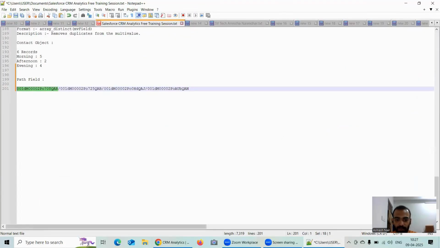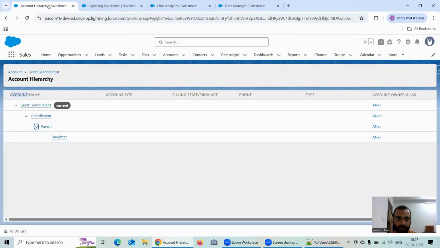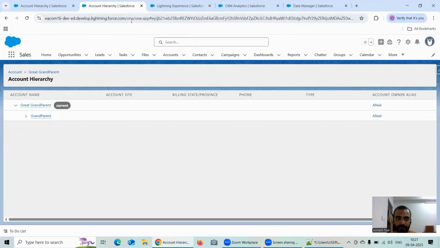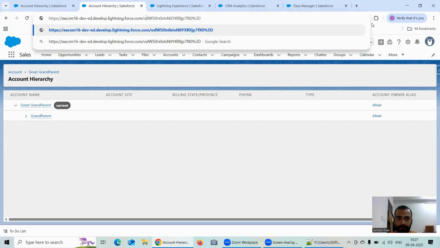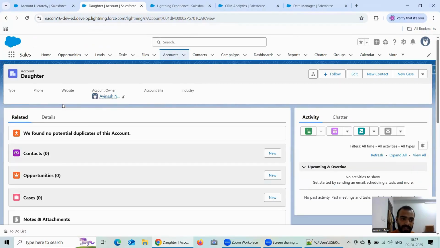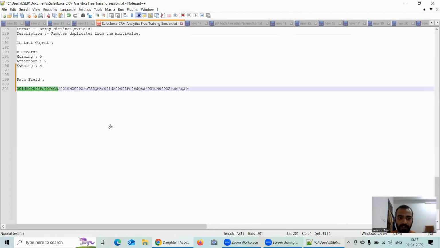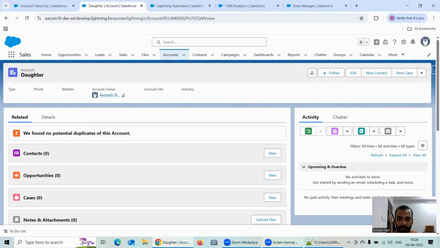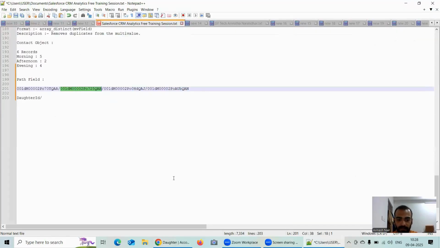So if we check one by one, fine, what I will do is maybe I will duplicate this tab and I will just paste that ID over here. As you can see, the first ID which I'm getting is the daughter ID, right? So this is how the format is going. At first, we have the daughter ID, slash. Okay. So first we have this daughter ID, and after that, if I open this one,